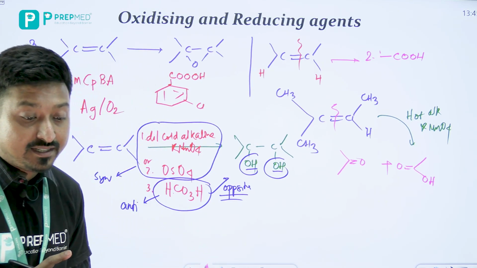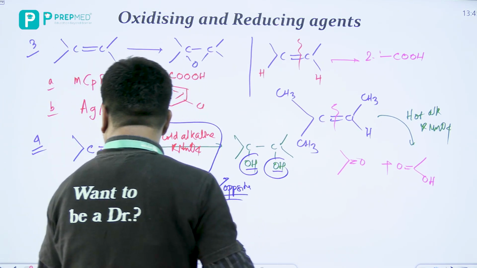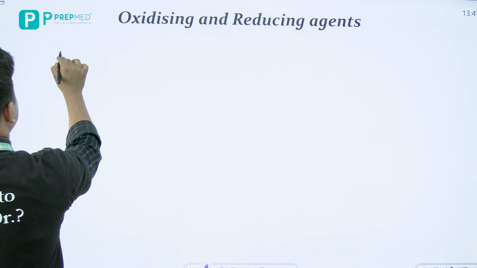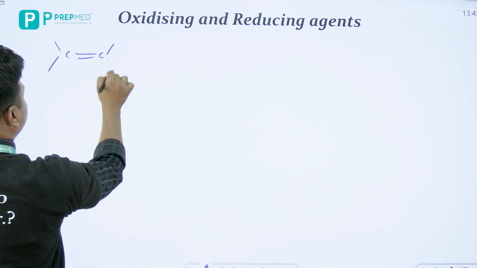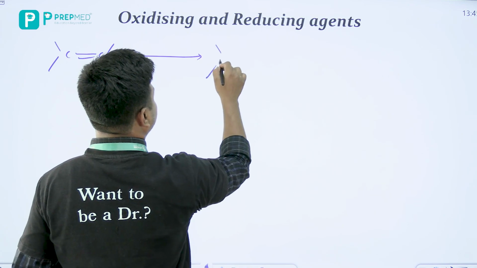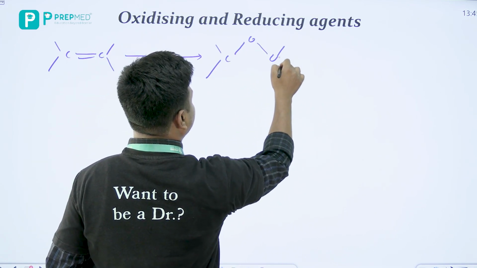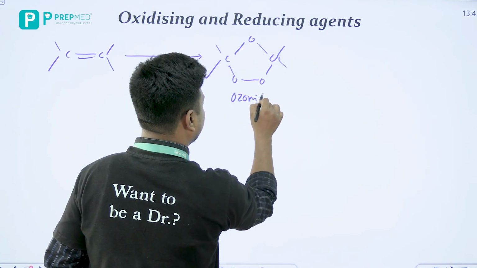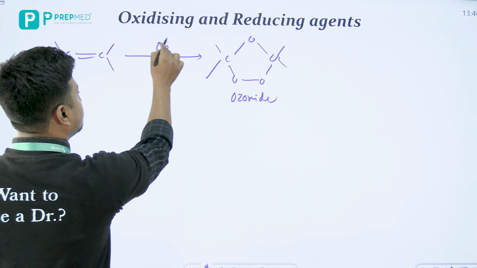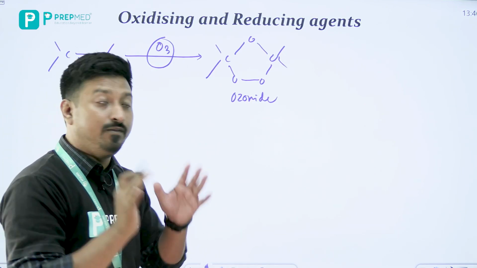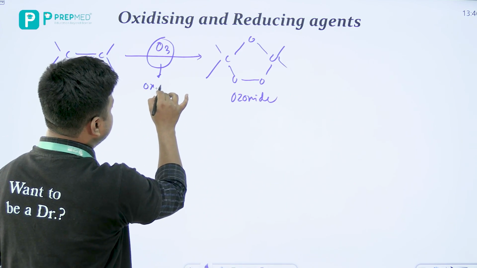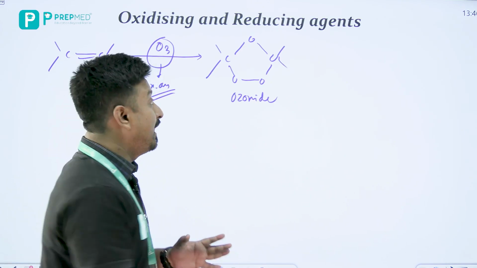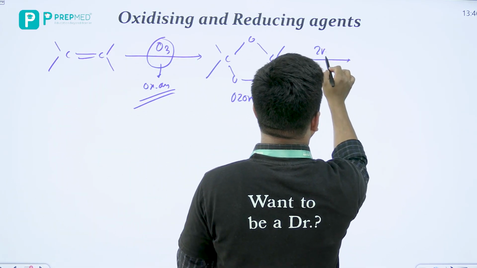Fine, that's it. And there is another thing which we usually skip or ignore. If I want to convert this molecule into this one, it is called the ozonide, and this is done in the presence of simple molecular ozone. Now remember always, beta, ozone is also a very important oxidizing agent. And further, if I use zinc and water here,